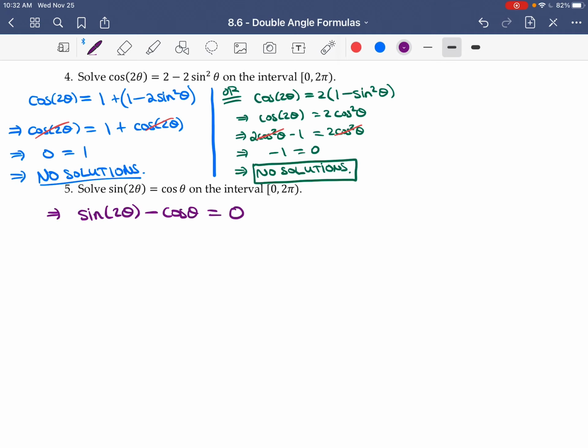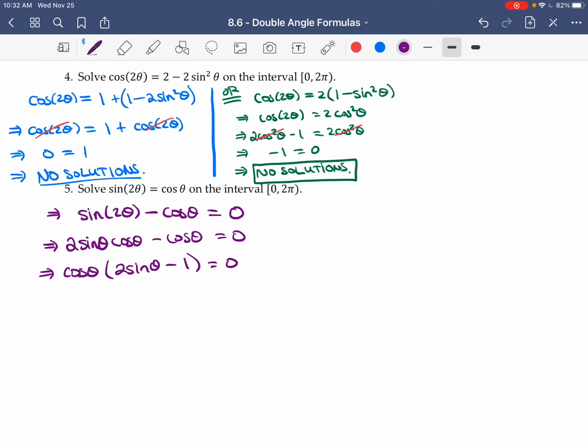Okay, now these are not related because it's a 2 theta and a theta. So what I'm going to do is use the formula for sine 2 theta. So that's 2 sine theta cos theta minus cos theta equals 0. Now I can factor out the cos theta that's in both, and I get cos theta times 2 sine theta